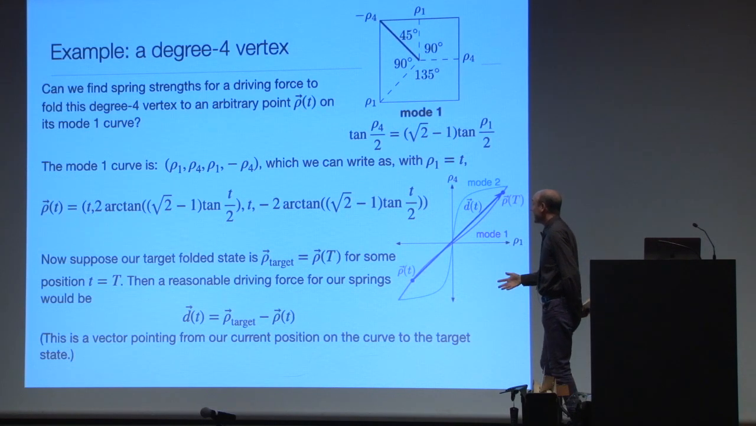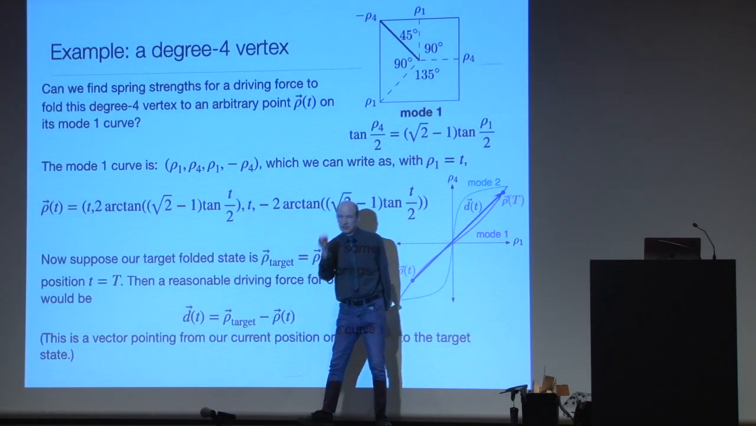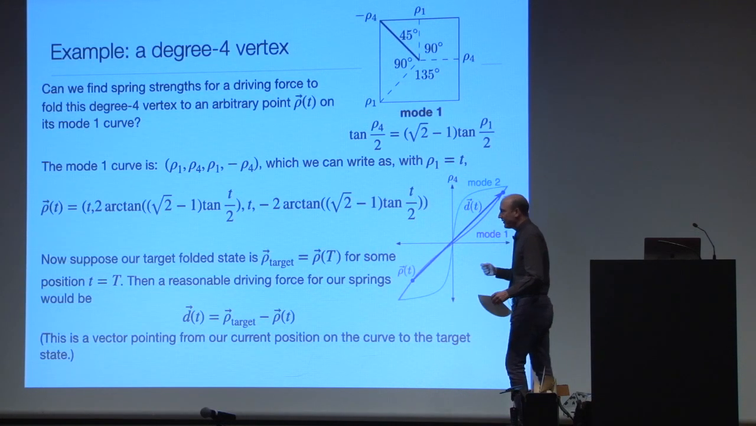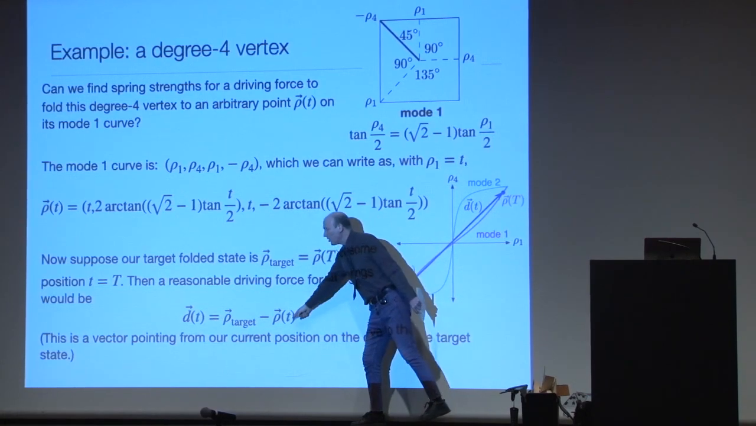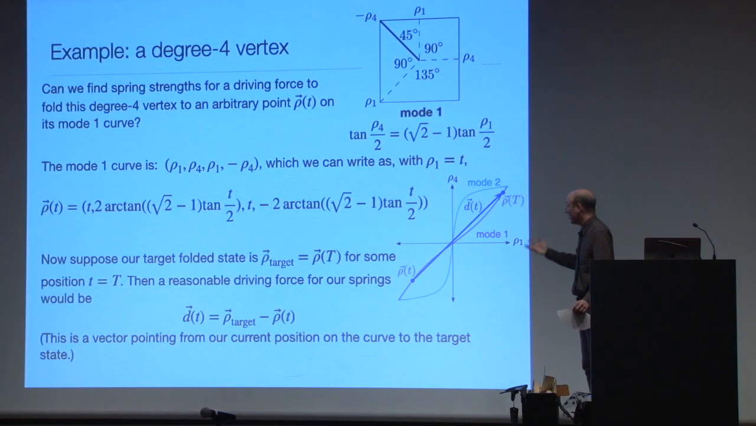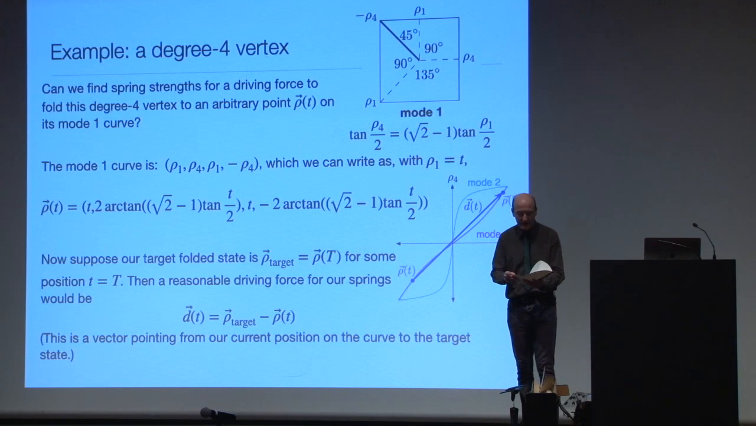Then I'm claiming that a reasonable driving force would be this. Take the target point on my configuration space and subtract from it wherever else I am on the mode 1 curve, or anywhere, actually. Rho of t, wherever I happen to be in my folded state. And the reason why that's reasonable is, if you think about it,